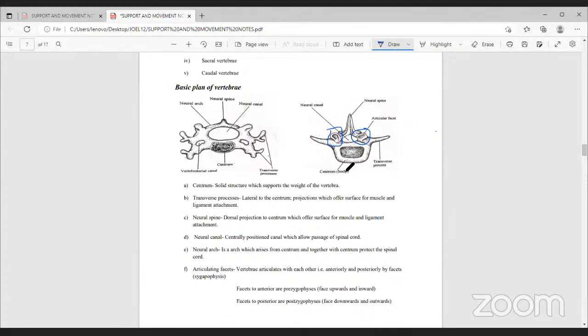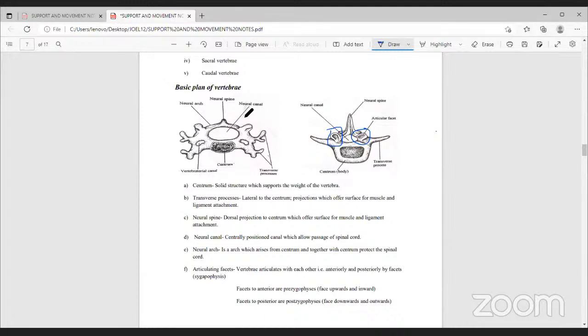Then I've seen somebody ask, what is the difference between a spine and a spinal cord? Now, the spinal cord is the structure that is passing through the neural arch, through the neural canal. This one, we are going to look at it again under response and stimuli. We are going to realize that it is made up of the gray matter, the white matter, etc. Basically, the spinal cord is going to be involved in